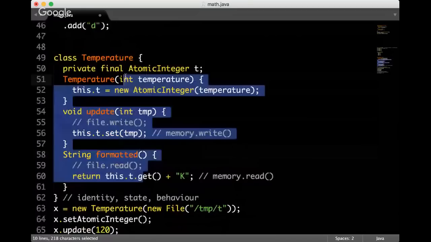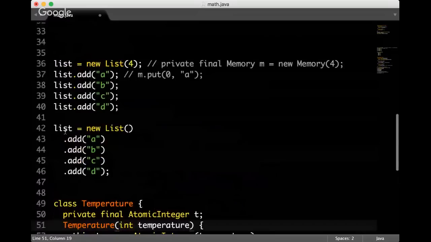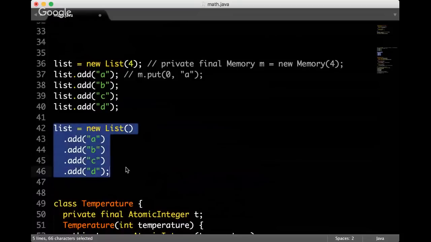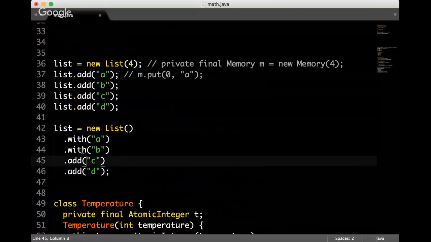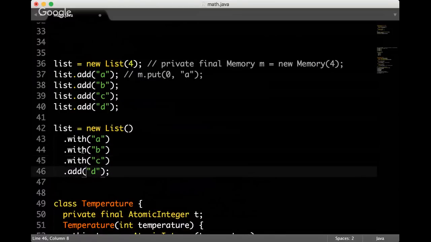In a few of my projects, for example, I have lists which are completely immutable, and in order to create a new list, you have to call methods, and I don't call them add, I call them with. So you always have to do like that. And it's for small data structures, for small pieces of data, for objects which are not big, this is really convenient for many reasons.